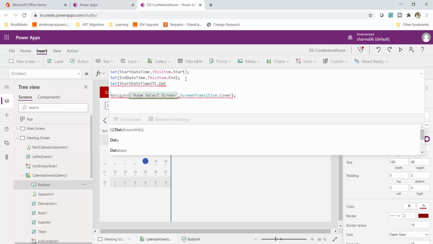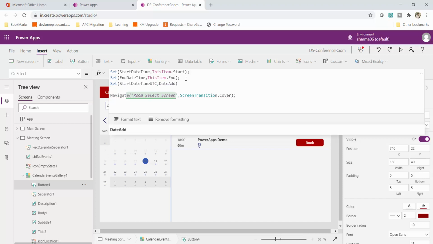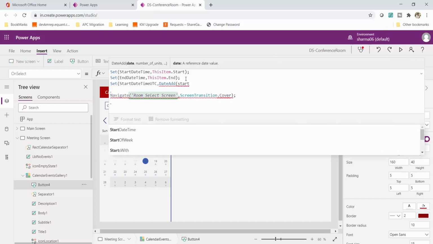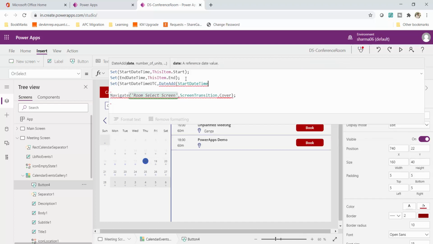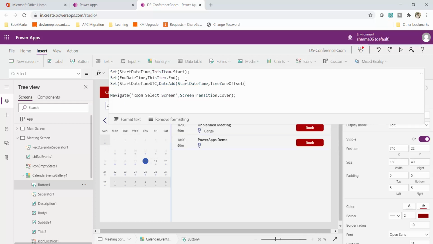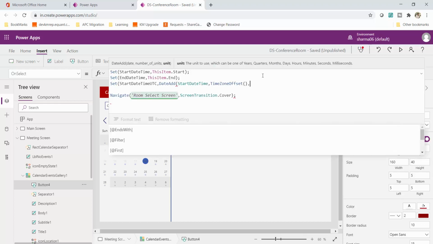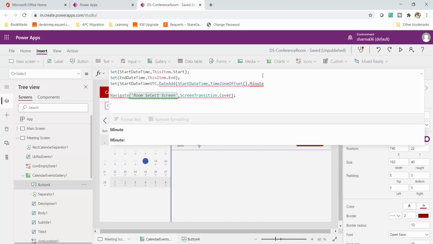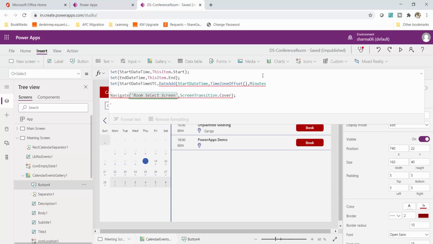I'll say DateAdd, start date time, comma, TimeZoneOffset, and I want it in minutes. So it will add this time zone offset in minutes to the date time and return the date.